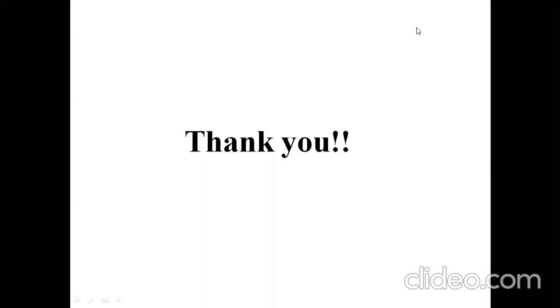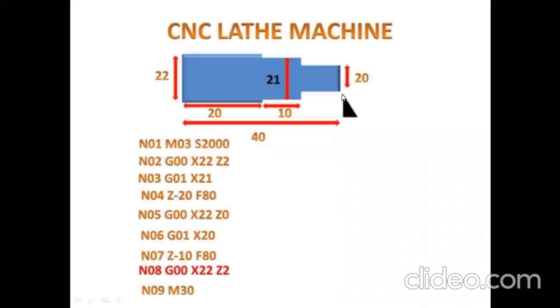Okay, Ganesh, you are asking me whether X22 is negative? For X, we are moving in the upward direction. When we are moving in the upward direction, there is no need to keep X22 as negative. If we are moving in the downward direction from the 0,0 position, then take it as negative. The tool is moving in the upward direction, so we are taking this as positive. When it is moving in the downward direction to cover the machining operation from this point, it is called a negative term, X negative.